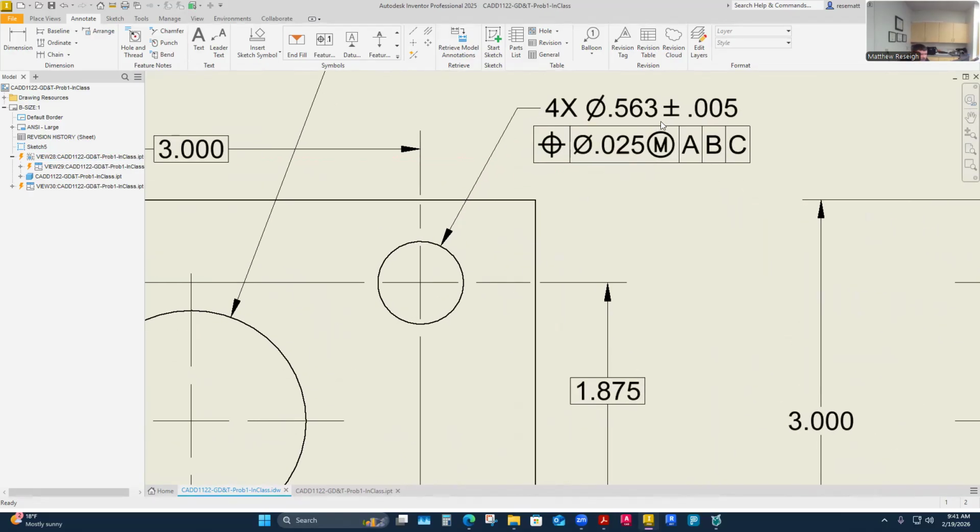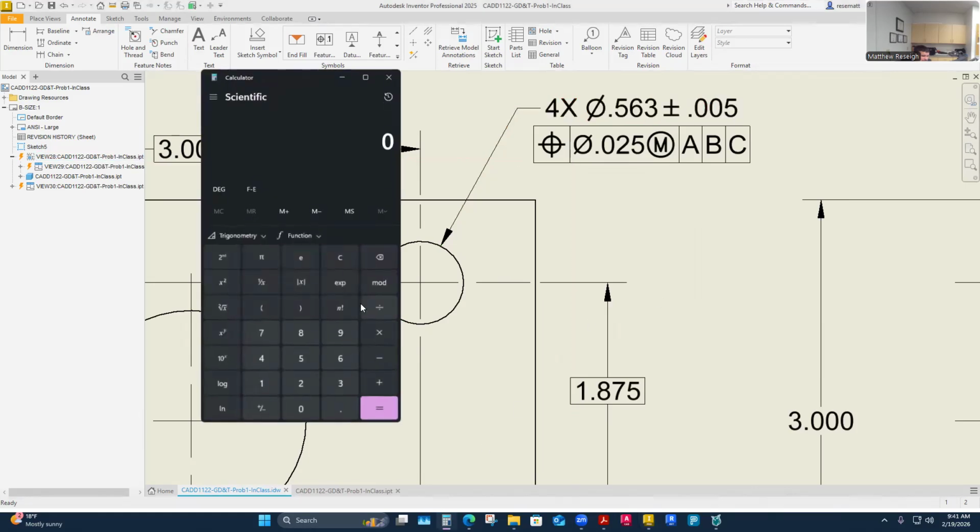So let's kind of infer how these two work together, because this is what you have to do next week: try to make sense out of, well, how much tolerance. What they'll say on a quiz question will say, okay, so let's say I give you a dimension here at the max size. So this means it can go plus or minus 5 thousandths. So I'm going to pull out my little calculator here and it'll say